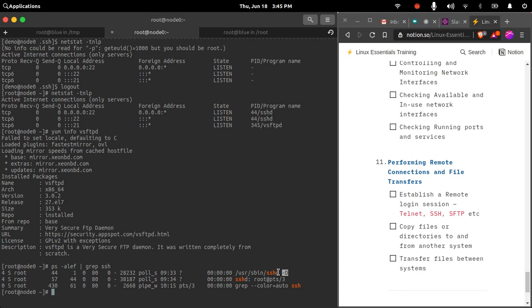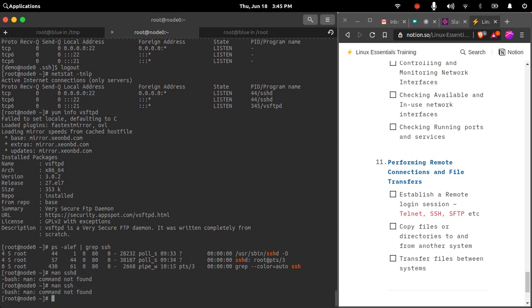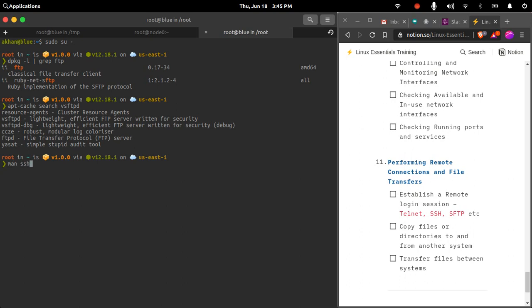It won't be a regular interaction. The process will be active and doing its job in the background. So if you want to run your process in the background, you will always daemonize it. If I do man sshd, there is no man page for SSH here. Let me check here, sshd.